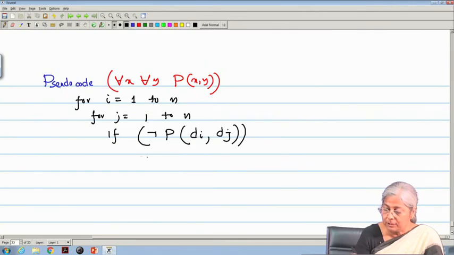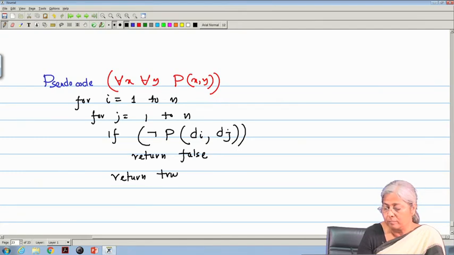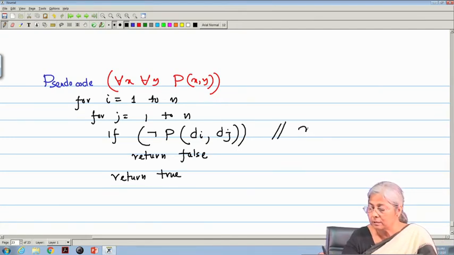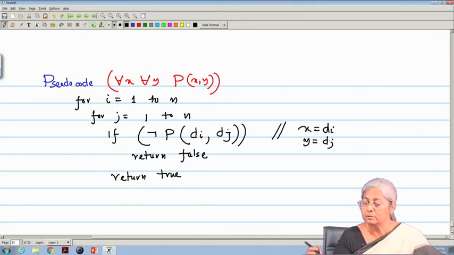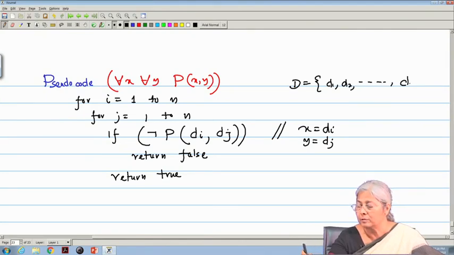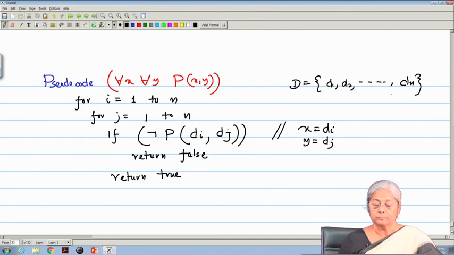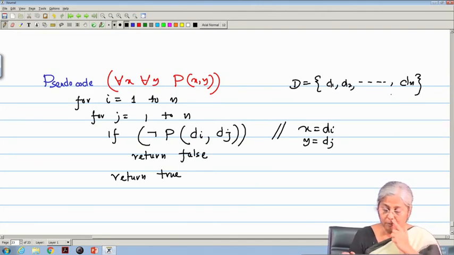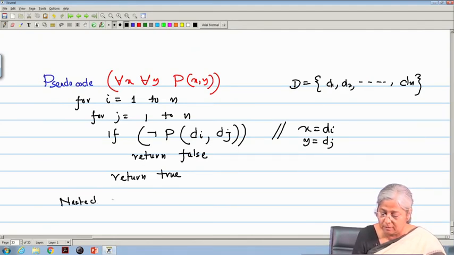So, if negation P is true, that means return false, else return true. So, here x equal to di, y equal to dj, for the domain of discourse, the set of values d1, d2 up to dn. And for all nested quantifiers, the other cases,